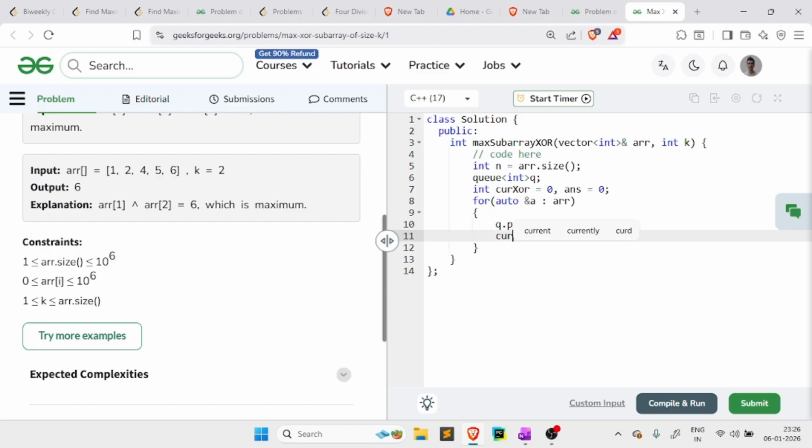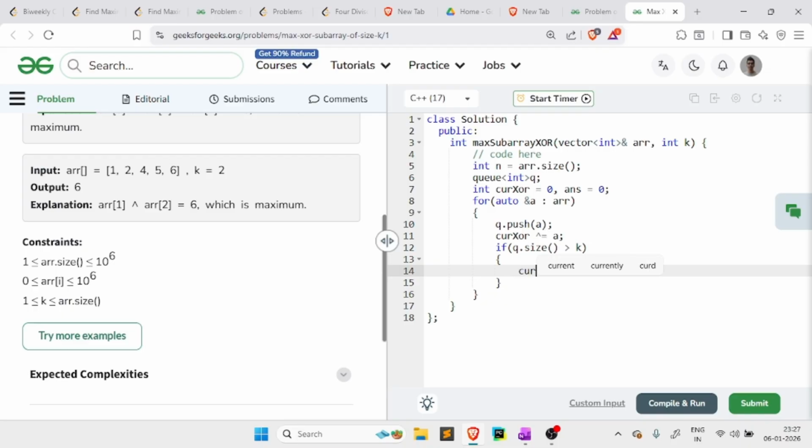So current XOR will now become the resultant of the XOR operation of current XOR with A. Now we are going to check if the size of the queue is exceeding the size k. Then what do we need to do? We need to eliminate the element that is on the left of the queue, and to eliminate it, what is the process? We need to again perform XOR operation. So current XOR